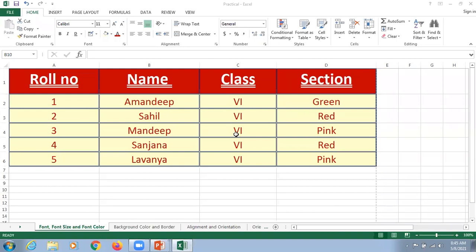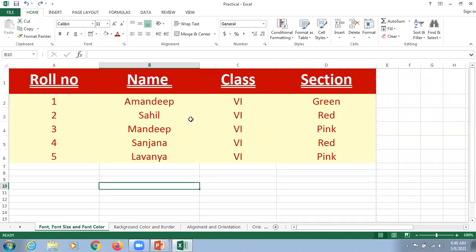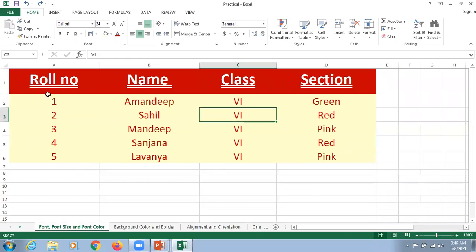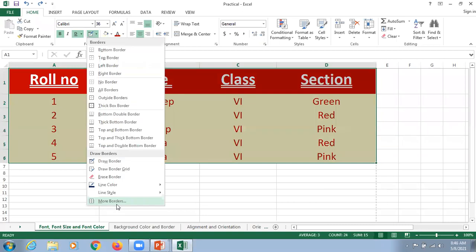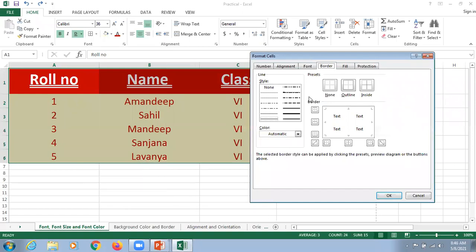Okay. Now, next thing, my dear respected student, can we do it? One more thing we are supposed to perform here. Again, Control+Z for removing that border. Remember, my dear students, for undo the things, we can do it like Control+Z here. So what we do here, one more thing, I'm going to select it, click here, and there is the option which is called more border. I'm just going to click here on the more border option.